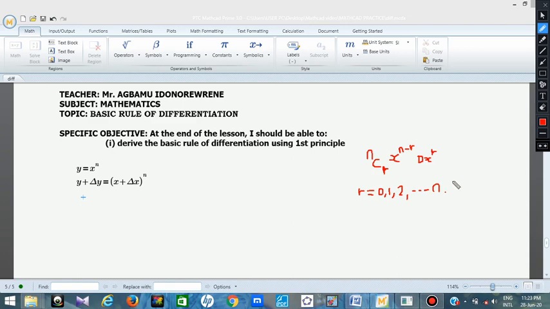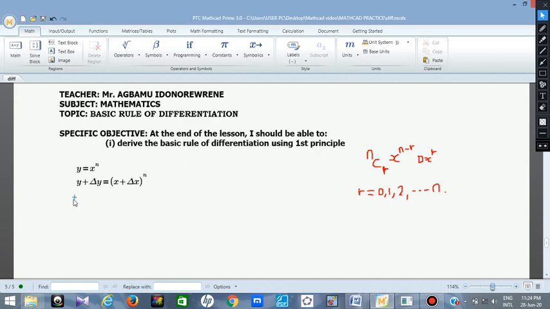So this is what we are going to do in this expansion. With this knowledge, we'll do the expansion and we'll get our result. Take note of this, it is very, very important. Alright, so to start, I'll move on to the next step, which is y plus